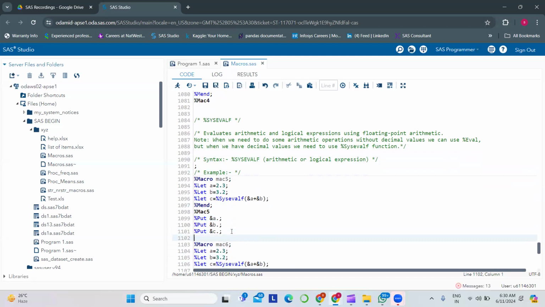For example, I just want to do the addition of 2.3 and 3.2. I just directly mention